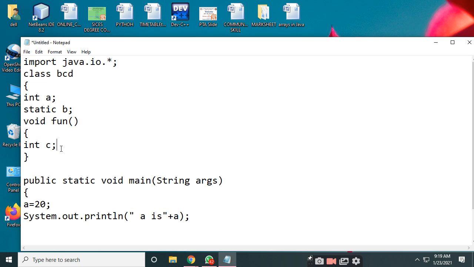so a variable which is declared inside a function becomes a local variable. So this variable is available only to the function for which it is defined. We cannot access the value of the variable outside the function.